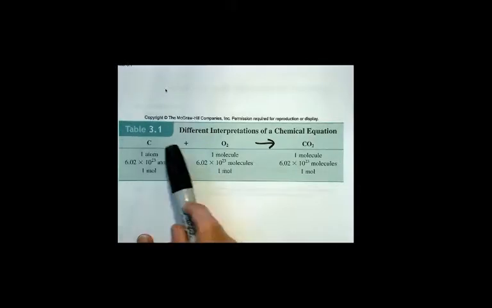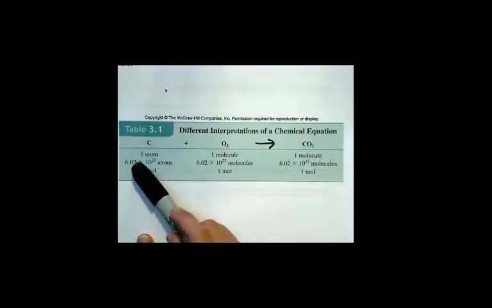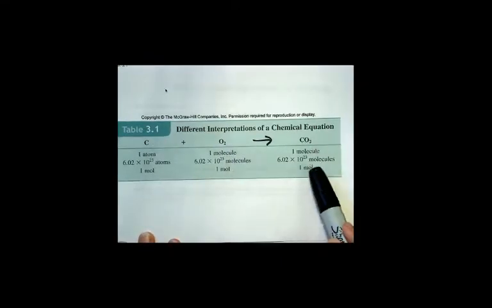Or you can say 6.02 times 10 to the 23rd atoms of carbon plus 6.02 times 10 to the 23rd molecules of oxygen gives 6.02 times 10 to the 23rd molecules of carbon dioxide. Rather than saying that big number, we just say 1 mole of carbon plus 1 mole of oxygen gives 1 mole of carbon dioxide. When we say the word 1 mole, we mean that's a big number of those individuals, whatever that individual may be. Now that we've reviewed what the mole number is and what it means